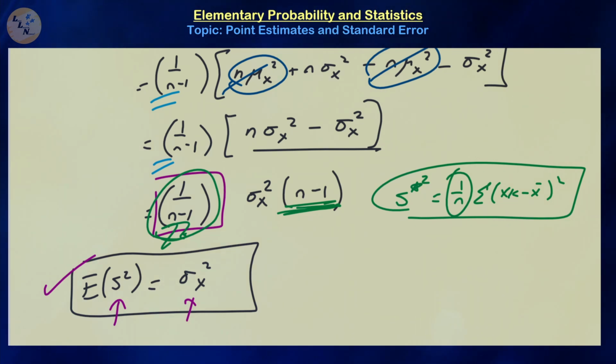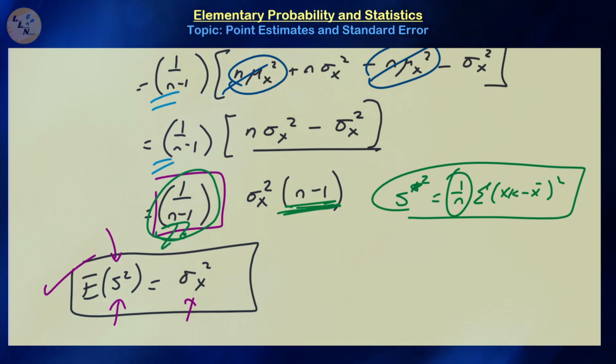So is there a standard deviation or a variance of this sample variance random variable? The answer is yes, but we're not going to get into the proof because we actually have other ways of sort of dealing with the standard error associated to using s squared as the estimate for sigma x squared. We'll discuss that in detail a little bit later, but now let us look at a couple other things